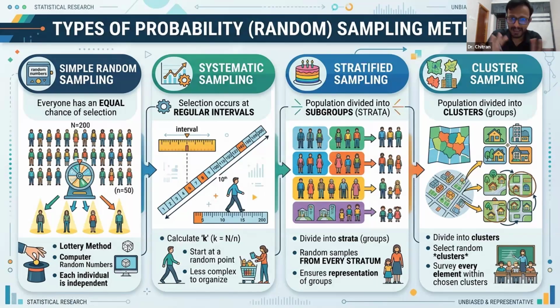And then there is stratified sampling, where you divide the population into different strata or groups and study those groups. These are unknown people whom you don't have access to, and that's how you do the research. Cluster sampling is based on region. For instance, you divide a big city like Bangalore into various localities and do the research based on those localities. These are unknown agents in the field.